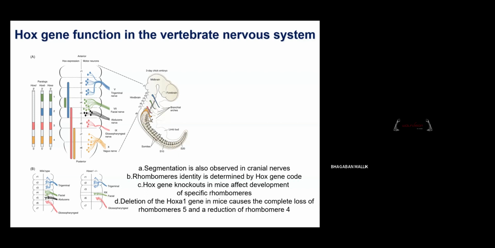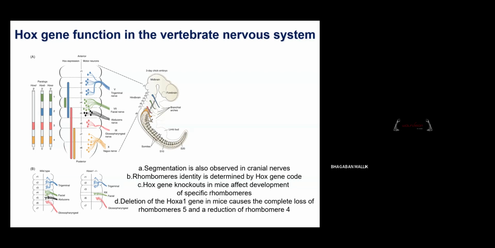So if you have a mutation in any kind of gene in this development, you have a defect in the innervation of this nerve. So here, this is a wild type, rhombencephalon represented here in the B, and this is a mutant for the Hox A1 gene deleted, Hox A1 minus. So everything is normal. You have trigeminal nerve innervating rhombomere 1, rhombomere 2, and rhombomere 3. You have facial and abducens nerve innervating rhombomere 4, rhombomere 5, and also glossopharyngeal nerve to rhombomere